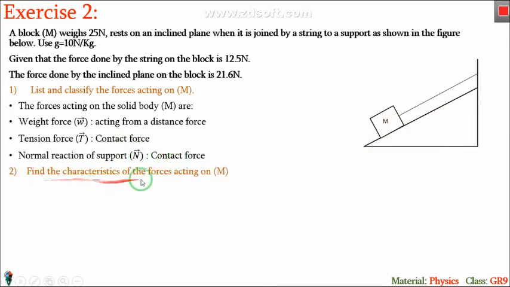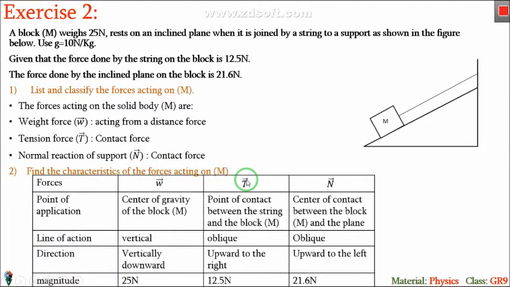Part 2. Find the characteristics of the forces acting on M. As we said before, to write the characteristics of the forces, we make a simple table containing the three forces we have and the four characteristics for any force. Let's start with the weight force. The point of application for the weight force is the center of gravity of the block M, which is this point here. The line of action of the weight force is vertical, which is always vertical. The direction of the weight force is always vertically downward, and its magnitude is given, which is equal to 25